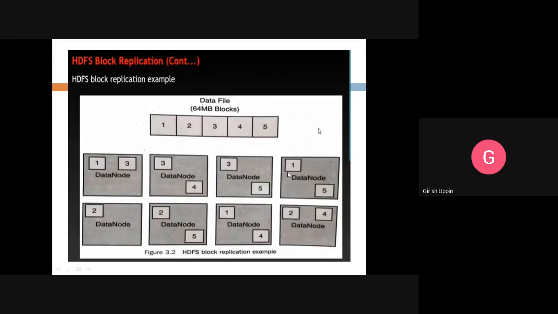Let us say it makes a copy of block 1 from data node 1, and similarly copies block 5 from data node 3 to here, so that now each of the blocks is copied onto 3 data nodes.